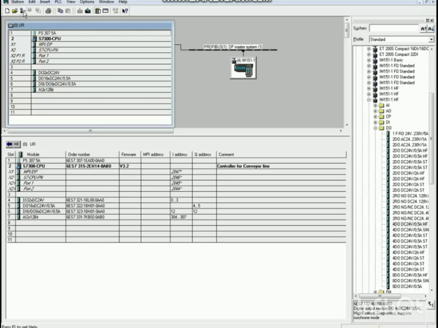Watch the troubleshooting and diagnostic videos to learn how to troubleshoot an S7 hardware system. This concludes the video on adding an ET200S Profibus